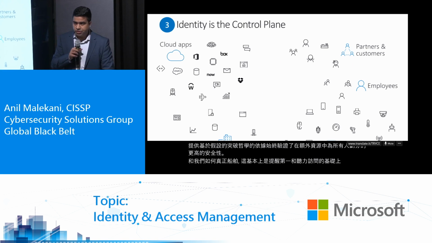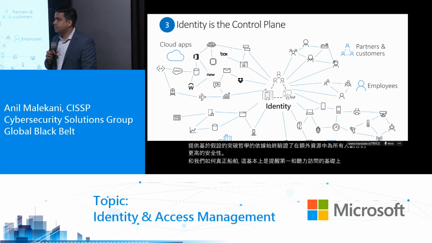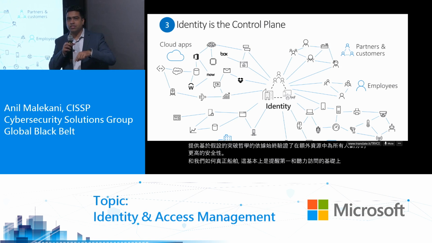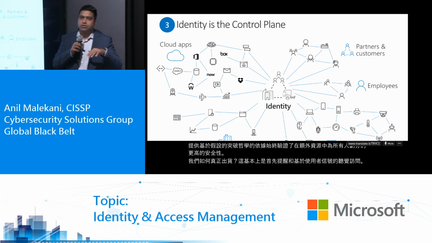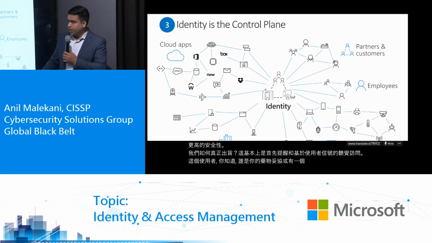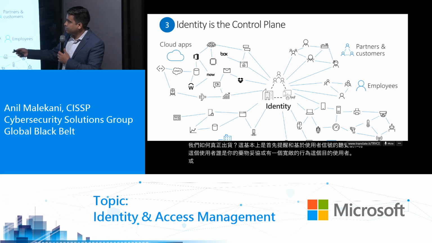So how do we really achieve that, right? In the past, in the perimeter-based security models, we have a well-defined network perimeter where we put all of our security efforts. We put a lot of effort into controlling access through the network perimeter, through firewalls and VPNs and proxies and all these devices. Now, with the zero trust model, we look at identity as a new control plane, where